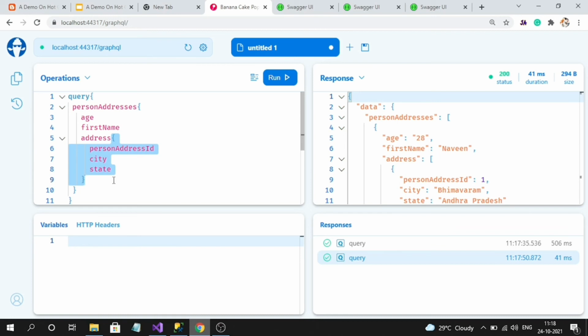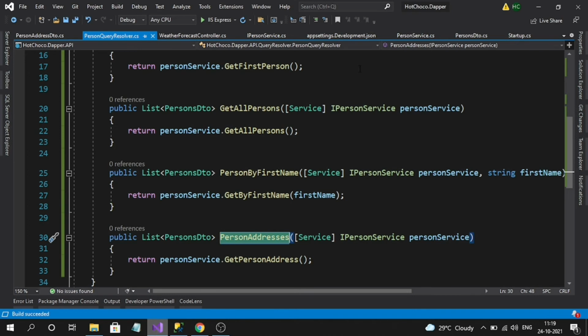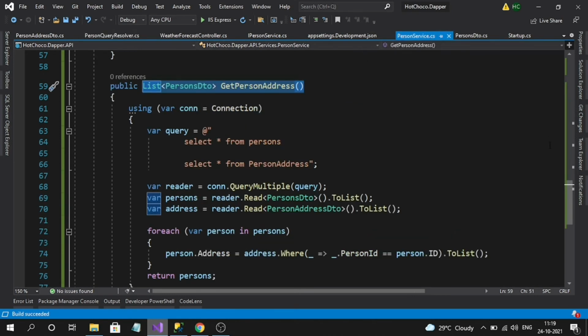Okay, now let's jump into mutation. Mutation also should have a resolver and it should have some entry methods. Mutations will be used for saving the data. So let's create a Dapper query to save the data.